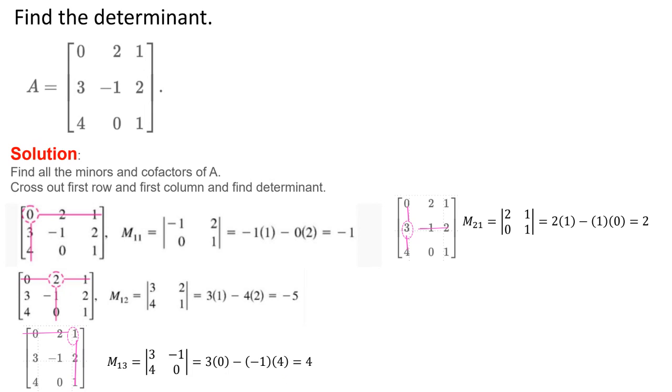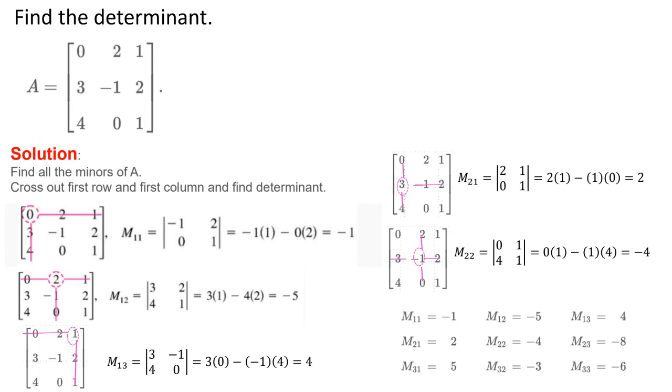And then we keep going to the next number. You're doing this with each number. So we cross it out, and now I have these 2 and these 2 numbers, and I find the answer. Now I'm going on the second row. What's left over? 0, 1, and 4, 1. I multiply it out, I get -4. And there's one more, right? You keep going with the next row and so on. So essentially, at the end, you're going to be left with these 6 numbers. So we're going to take these numbers,